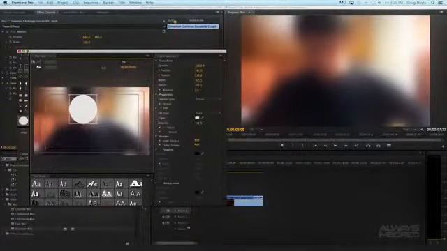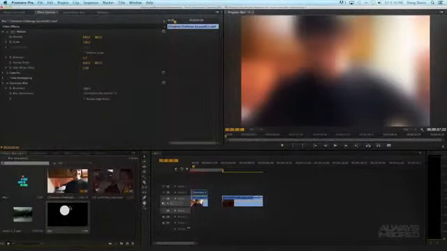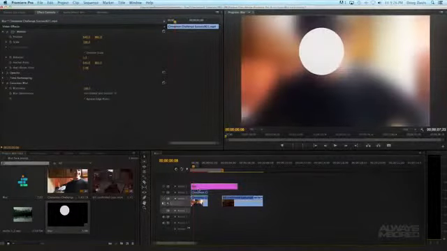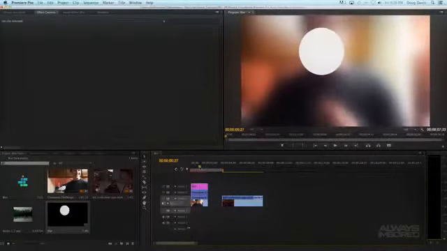So now that's perfect. Click out of that, and we're going to go back to the project where you found your video clip and drag that blur that you just made over the other two videos. And I'm going to trim this down so it's the same length. Okay, so at this point we have a circle over the face and we have a blur in the background,